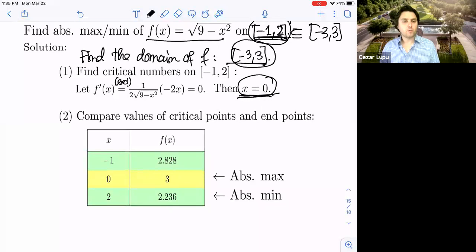So when we evaluate f at -1, we will get that f of -1 is 2.828. When we evaluate f at 0, we will get 3. And when we evaluate f at the point x equals 2, we will get 2.236. Well, if you look here,